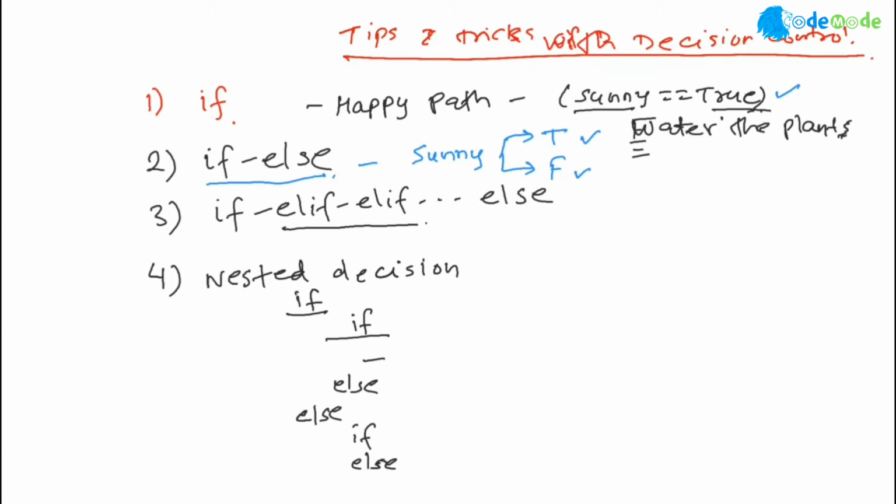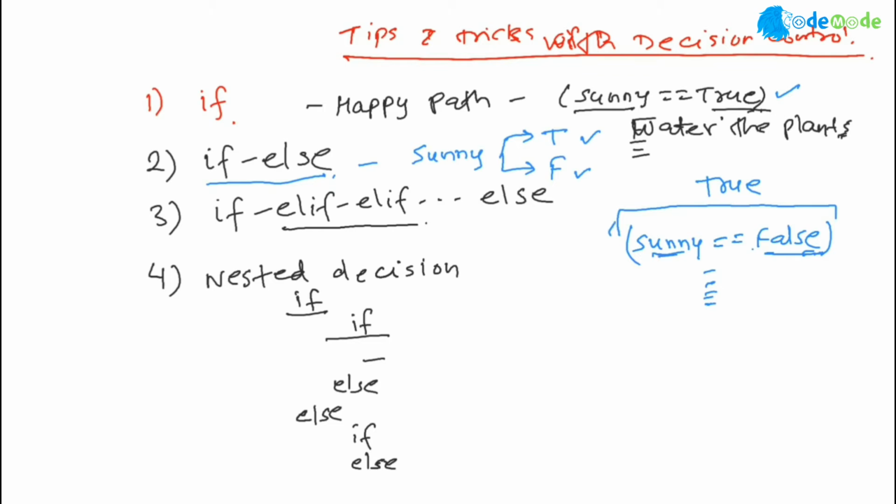I can say in the first case, I can also say if sunny equal to false. So that means if it is not sunny, right, then you want to do something. Maybe you want to do a little bit of gardening today. If it is not sunny, you want to do some gardening outside, because otherwise it's very hot outside. So this overall thing has to be true. That's one important thing, not just the variable value. It doesn't have to be true. I can flip it and say sunny equal to false, and then you want to do this.